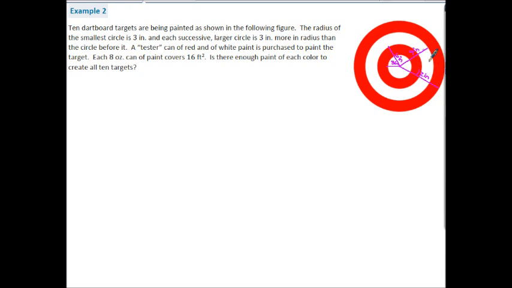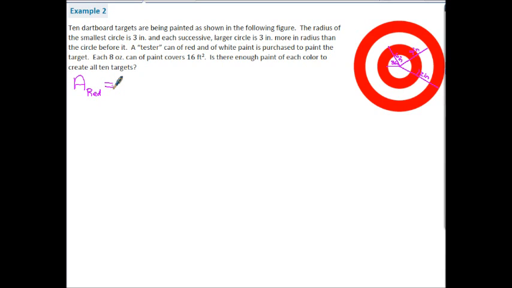Now, the white involves everything here. If I'm finding the area of this white circle, it includes everything inside of here as well. So what I'm really doing here is I would have to start with this outer circle, then I would subtract out the white, but then I'd have to add back in the red and then subtract out the white here. So let's represent that over here. We would have the area of the red